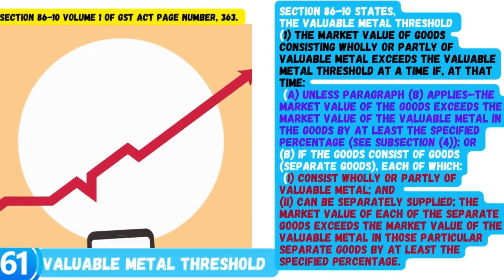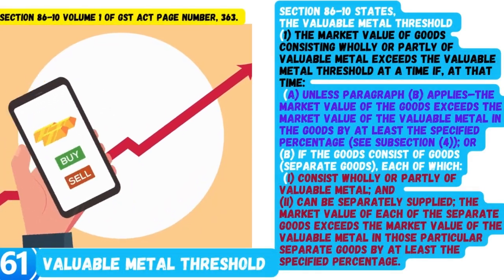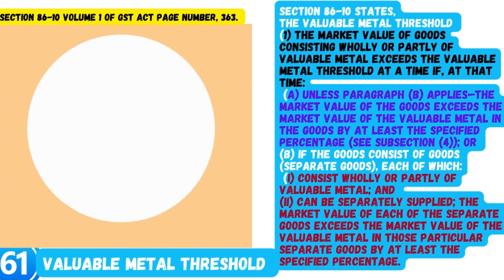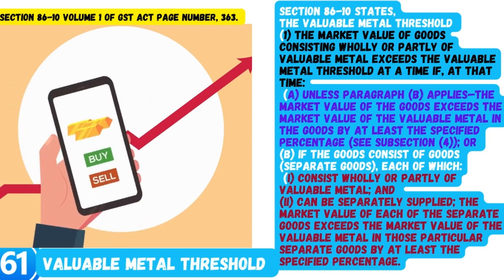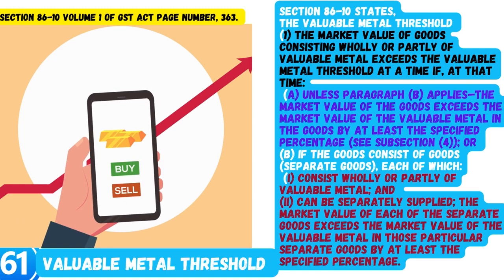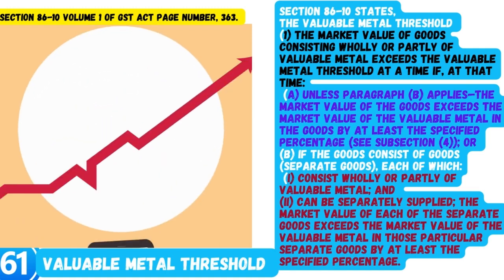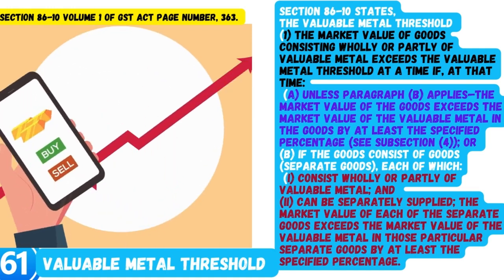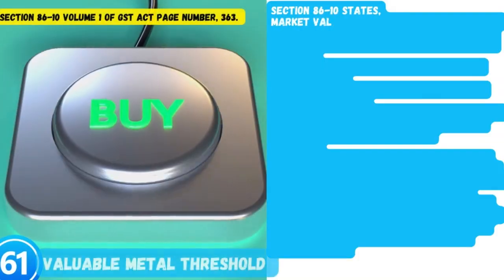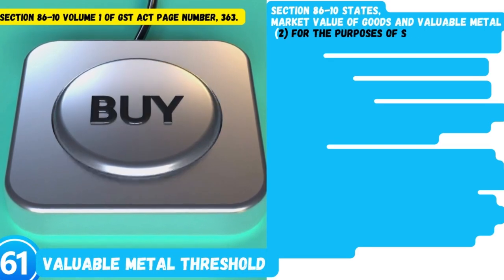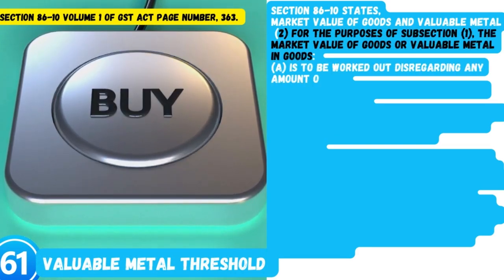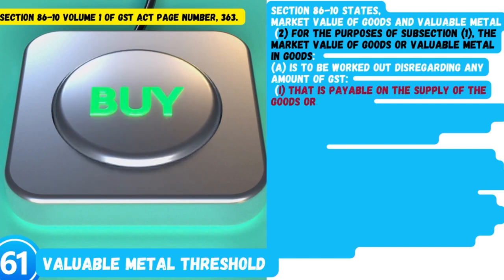If the goods consist of separate goods, each of which 1. Consist wholly or partly of valuable metal, and 2. Can be separately supplied. The market value of each of the separate goods exceeds the market value of the valuable metal in those particular separate goods by at least the specified percentage. Market value of goods and valuable metal. 2. For the purposes of subsection 1, the market value of goods or valuable metal in goods